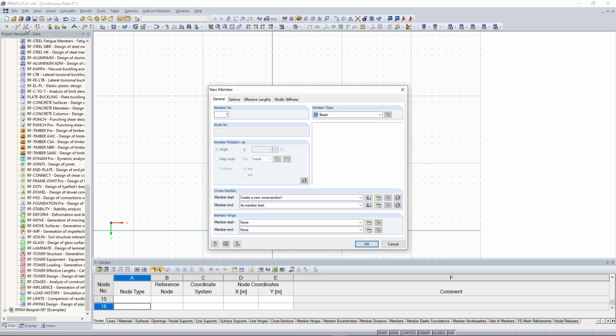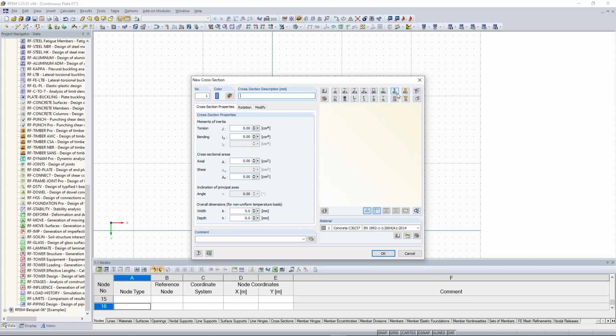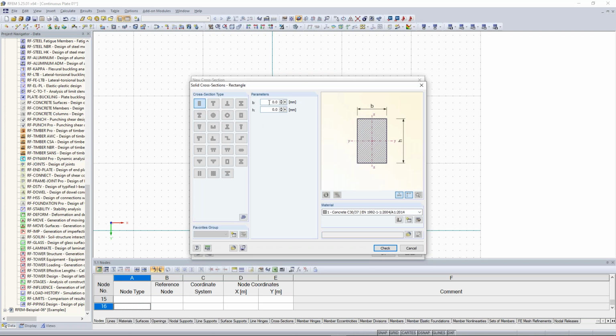To make the results better, it is useful to use the same thickness of the plate and also refer it to a 1 meter beam. So we create here a new cross section for member start. And I click here the import parametric solid cross section, a rectangle. The width of my cross section is 1000 millimeters, and the height is the same as the thickness of my plate, 300 millimeters. The material is the same, concrete C30/37. I click on OK,